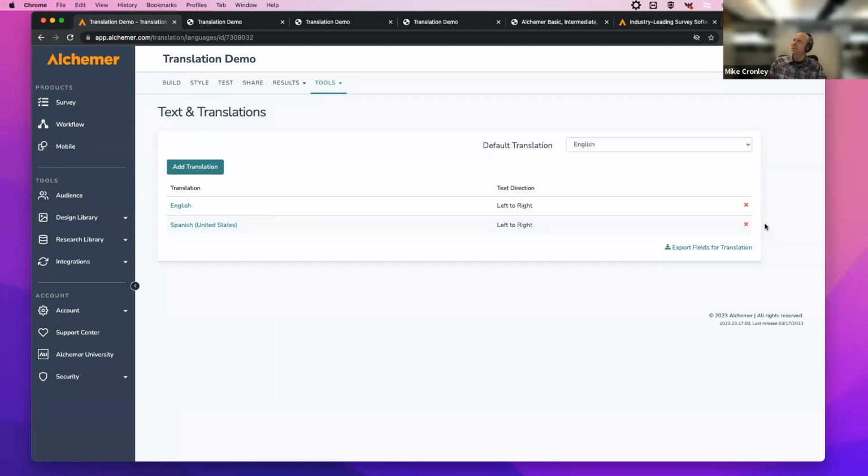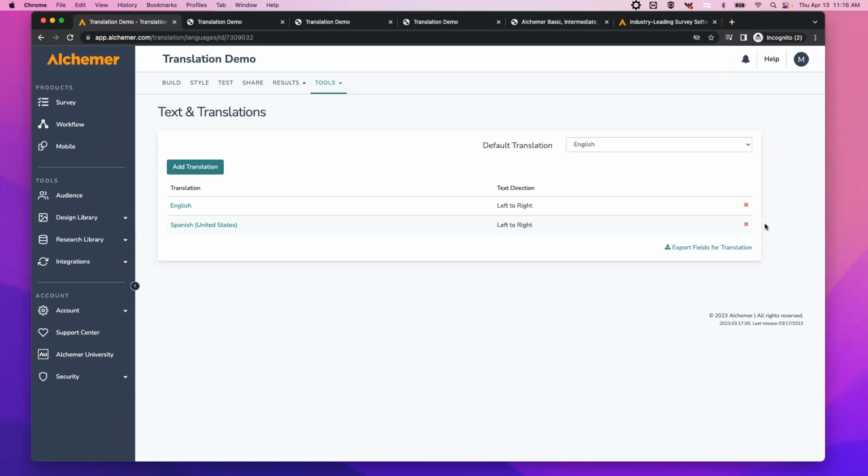As far as a build in the survey itself, where the respondent would answer a question to say, hey, I would like to take the survey in a different language? Or is it, well, right now it's set to default translation in English. But if you are sending it out to all Spanish speaking and you want it to go in Spanish first, you would just adjust that to your default translation.